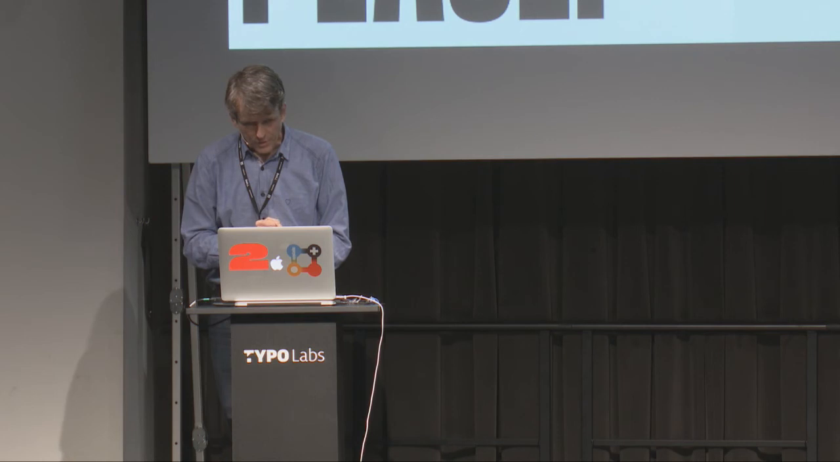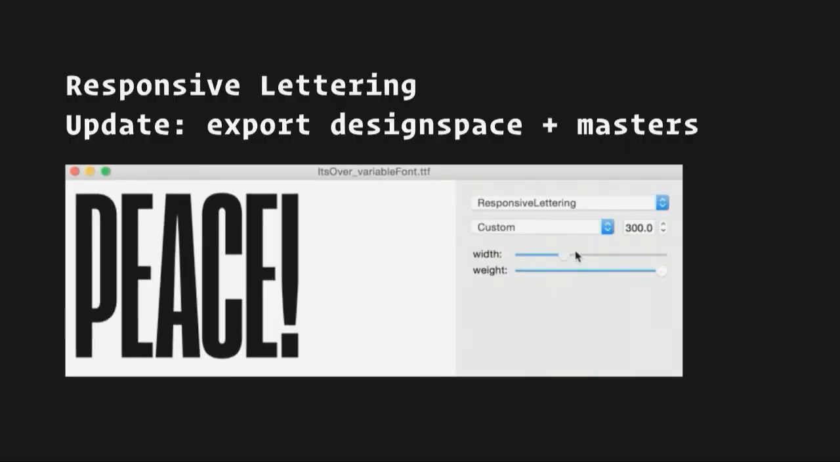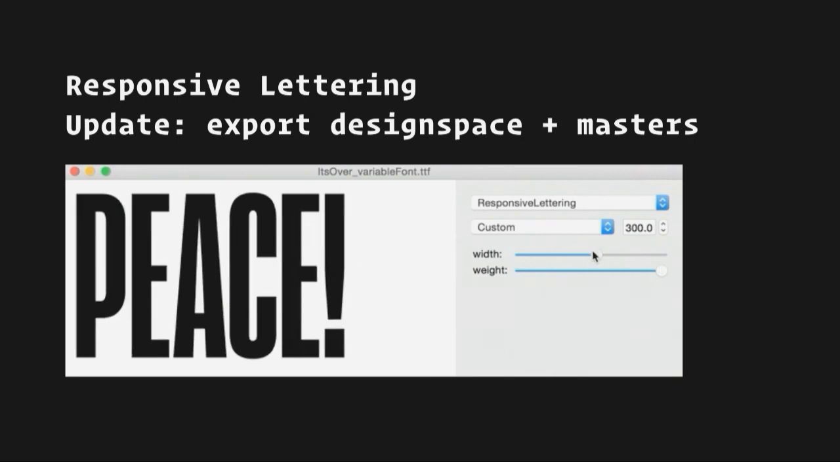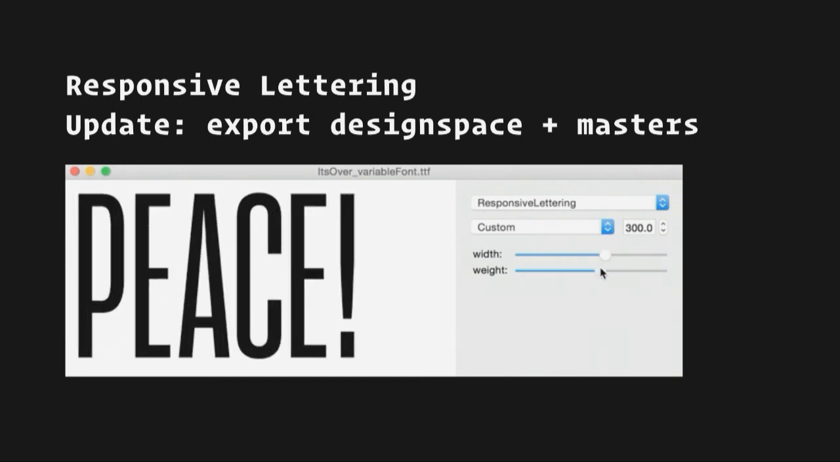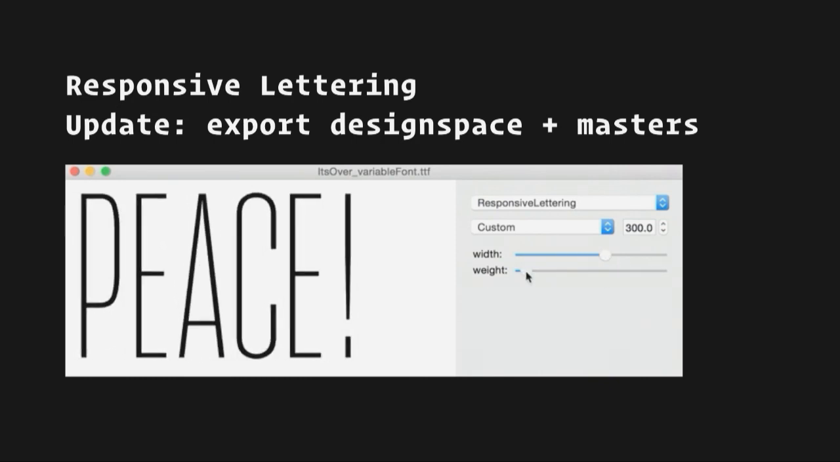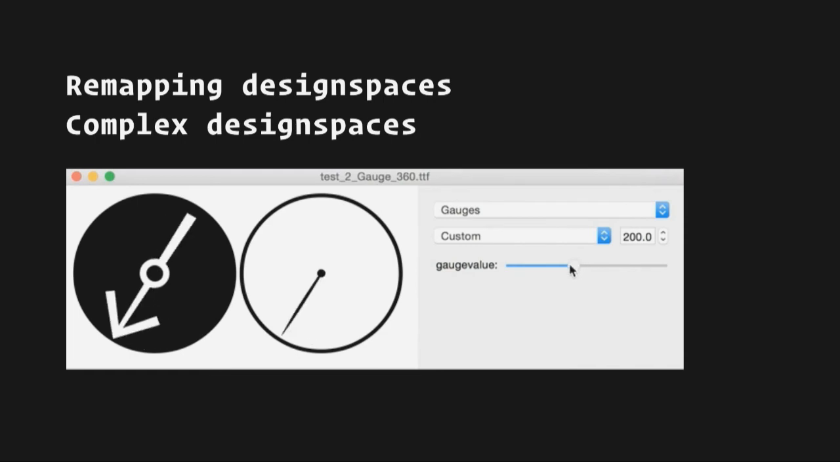Another fun use recently added to the responsive lettering project is a variable font and Designspace export of the responsive lettering. So if you've done any responsive lettering work using my little extension, you can now make a variable font with one letter. This is the piece one, and that's also on GitHub. Another fun thing is